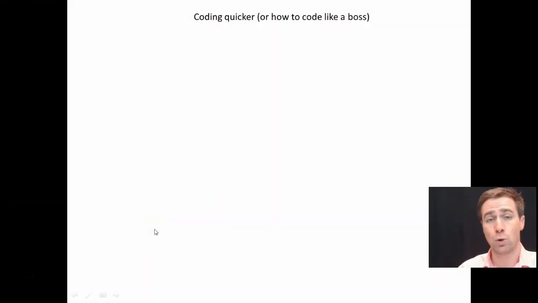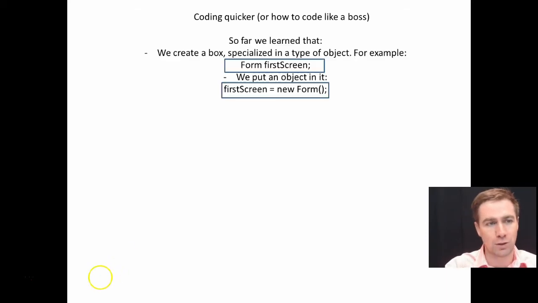Hi, in this video we will learn how to go from the basics we've learned to real expertise in coding. So how to code quicker and how to code like a boss. So far we learned